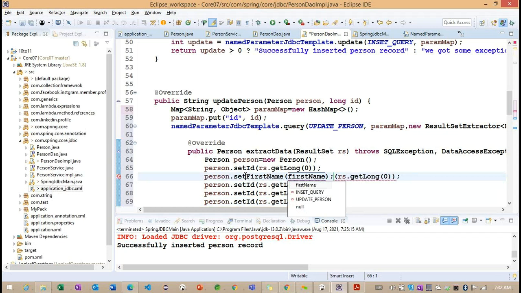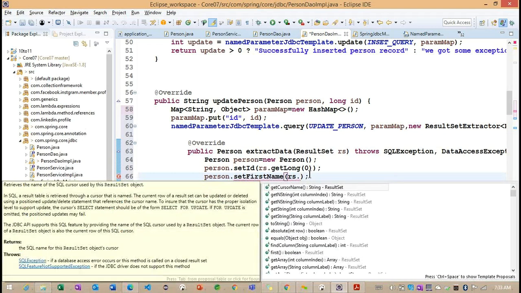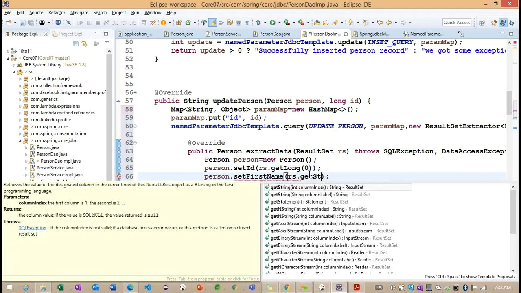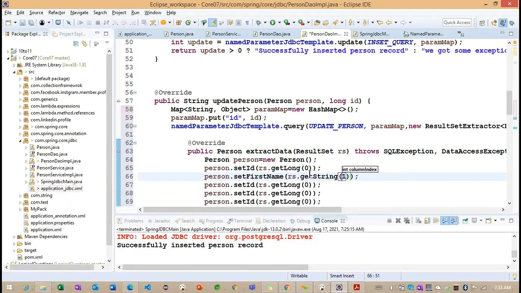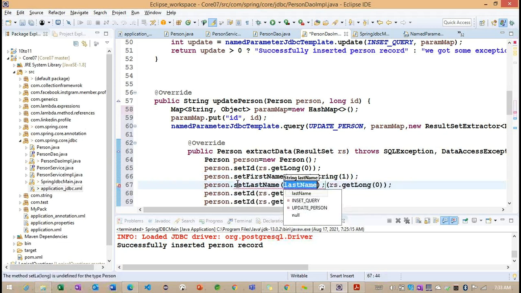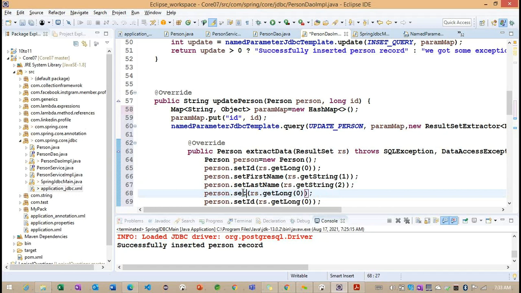First name here, rs dot get string, and here we can provide the index number. Get last name here. This last name we are going to provide as the second index.